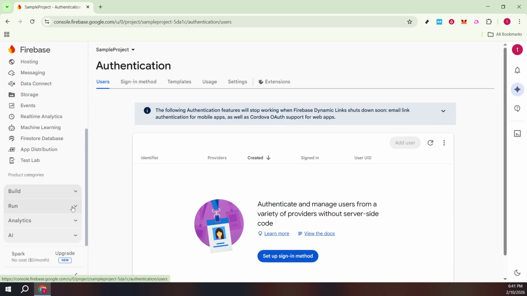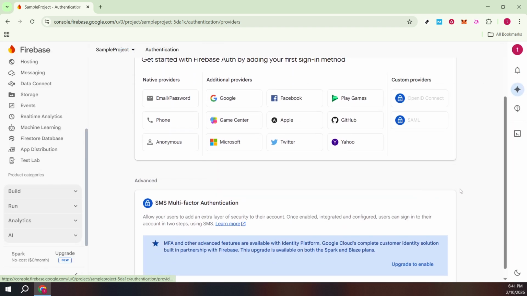Head into the Sign In Method tab. This is the control center for which ways users can log in. You'll see two broad areas, native providers and additional providers. Native providers include email, password, and phone. Enabling email password is great for straightforward accounts. You can also turn on email link sign-in if you want a passwordless flow. For phone, remember it relies on SMS, so plan for verification and consider using test phone numbers during development to